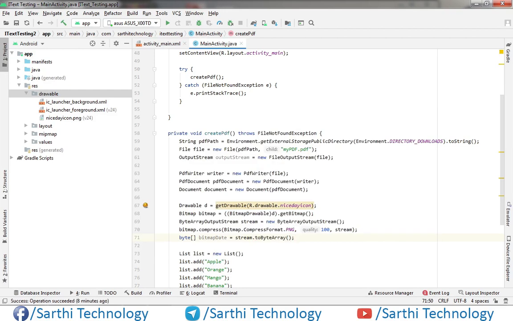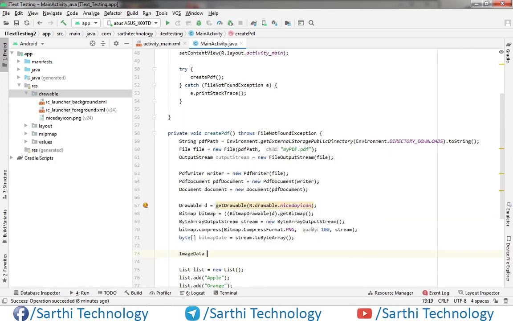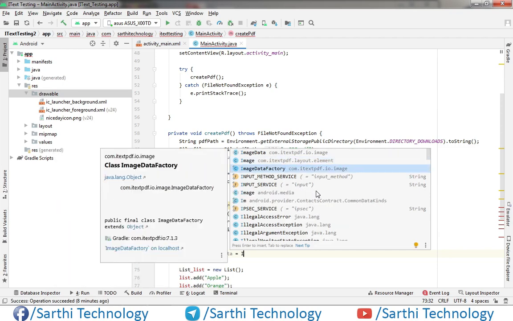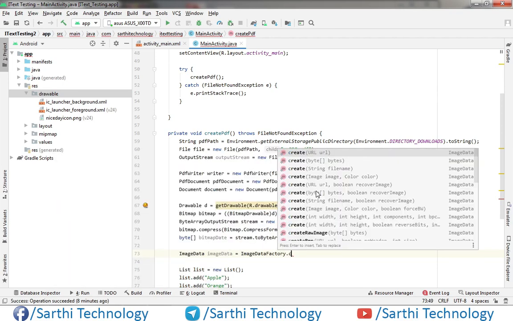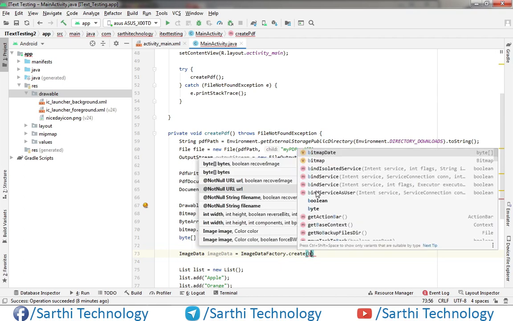Now using this byte array we will create image data object. Image data factory dot create and put bitmap here.